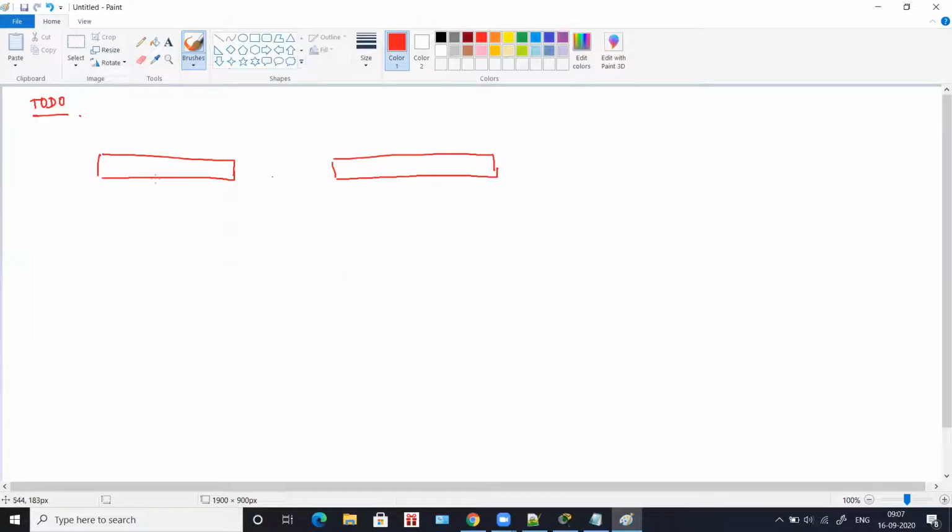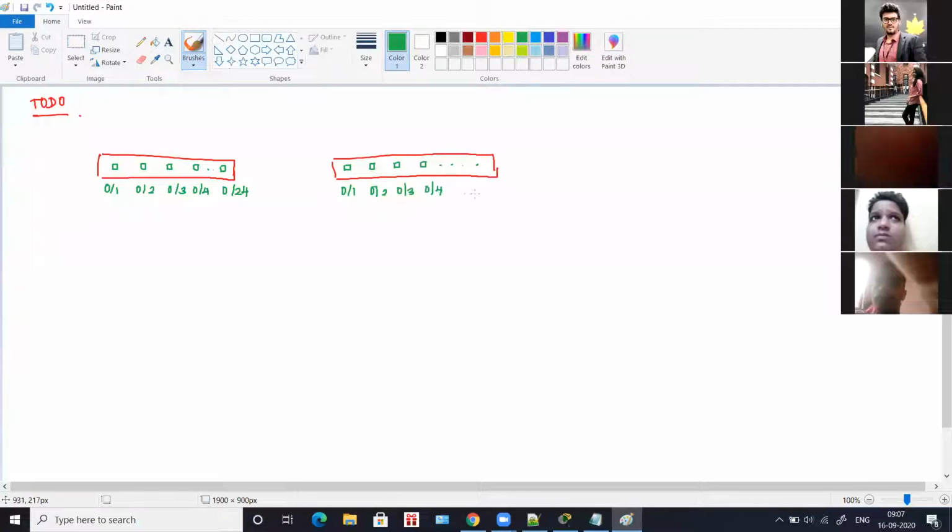In these two switches, you will have ports: 0/1, 0/2, 0/3, 0/4, up to 24 on the first, and 0/1, 0/2, 0/3, 0/4, up to 24 on the other.